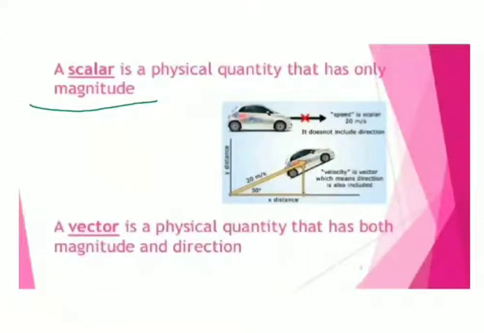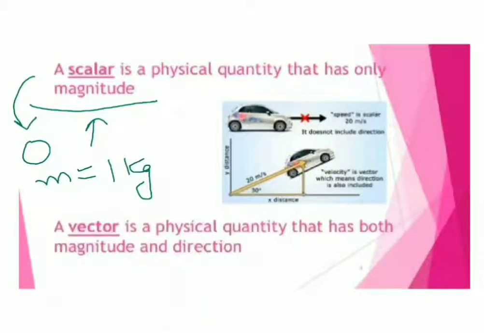Now, what is the meaning of magnitude? Magnitude is generally used for size and measures. So for example, if we have a ball here, the size of this ball can be measured by mass, so we can take the mass as equal to 1 kg. This 1 kg is the magnitude for this ball, and if we assume that this ball is at a stationary position, it doesn't have any kind of direction, so this type of phenomenon is basically known as